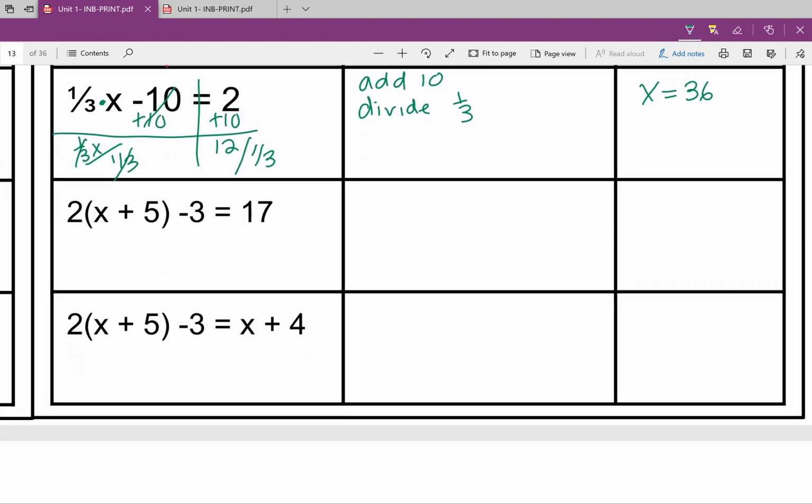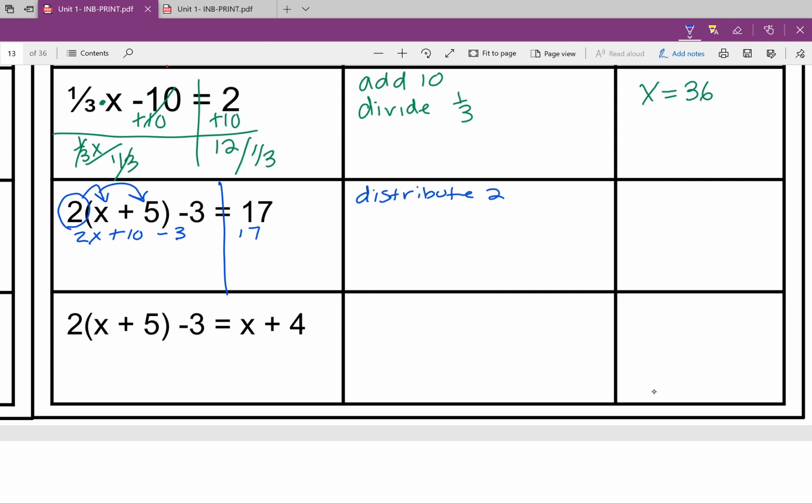Okay, 2 more examples. Okay, notice when we were talking about PEMDAS that we have to do the parentheses first. And if we have a number outside our parentheses, like this 2, we have to use the distributive property and multiply everything on the inside. So I have 2 times x, which is 2x, and 2 times 5, which is 10. Then I'm going to bring everything else down, that minus 3 and the 17. So my first step was to distribute